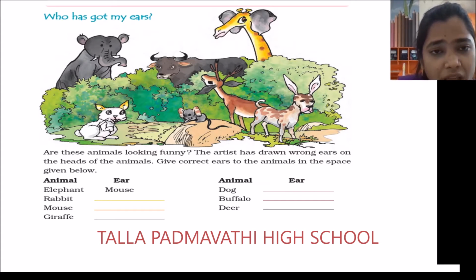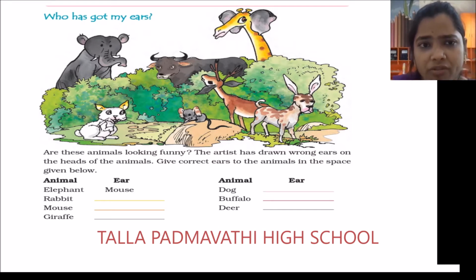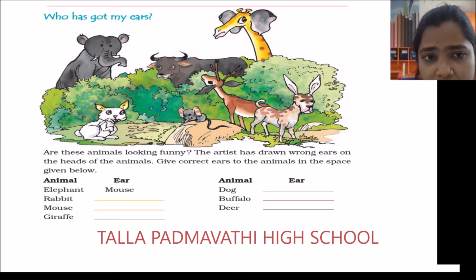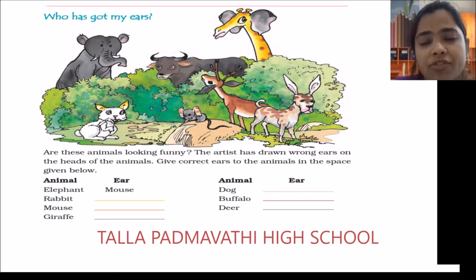Yes, but this rabbit is having different ears. So these ears belong to which animal? You can even see the color. What is the color of the ears which the rabbit has? Here you can see that it is yellow in color. Now check in the picture which animal is yellow in color. Yes, we are right. The giraffe is yellow in color. So obviously these ears belong to the giraffe. So what you need to write here? For rabbit, in place of ear it has to be written as giraffe.